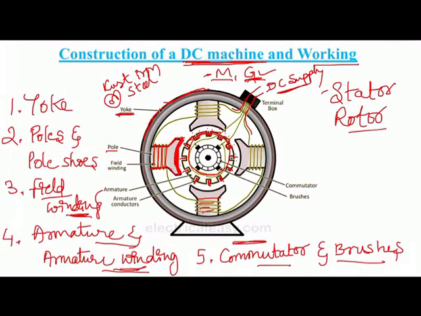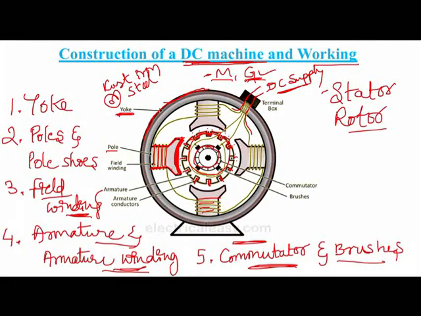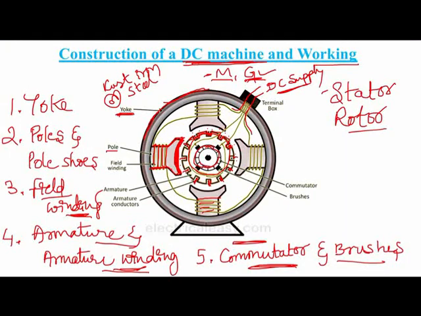In order to convert the generated AC EMF into DC, we use a mechanical converter called the commutator. This is the commutator. It has copper segments, and it converts the generated AC to DC